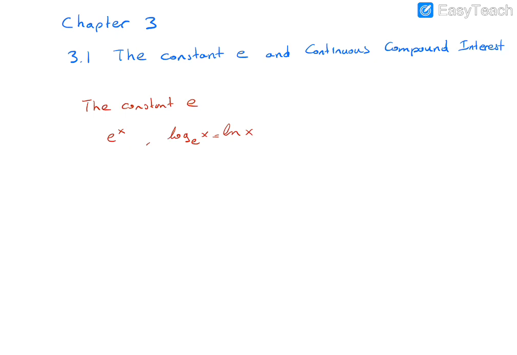In precalculus treatments, the number e is defined informally as the irrational number that can be approximated by the expression 1 plus 1 over n to the power n for n sufficiently large. Now we use the limit concept to formally define e as either of the following two limits.